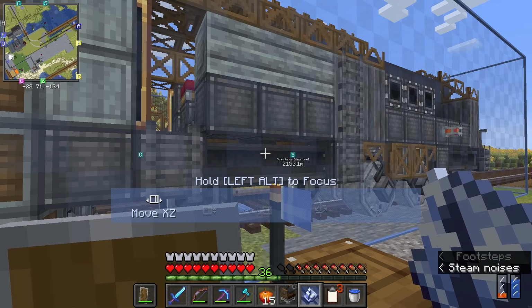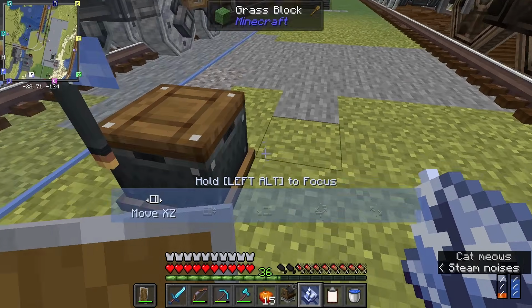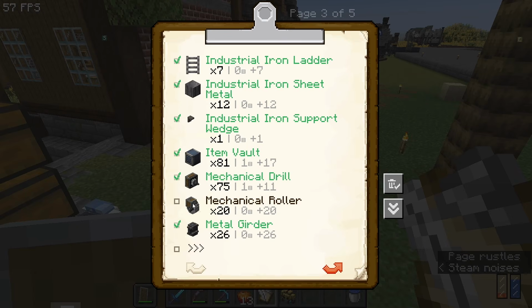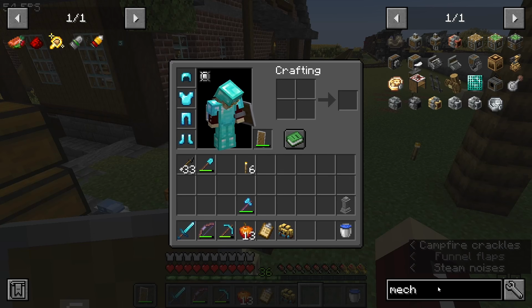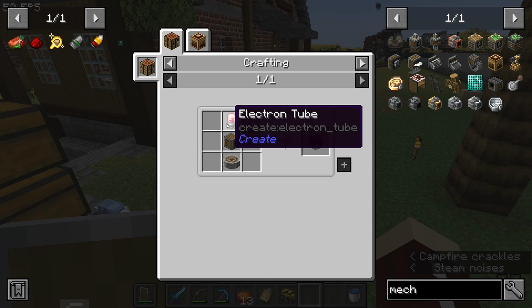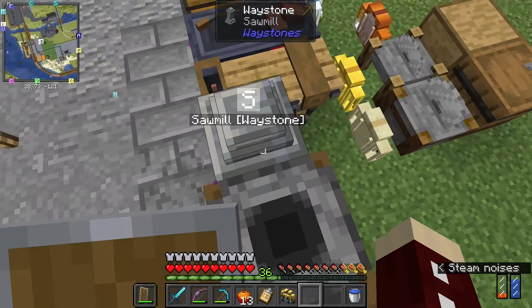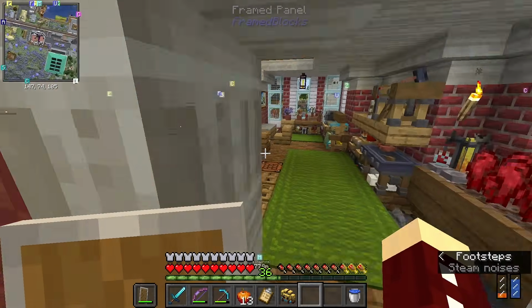Here we go. This shouldn't have anywhere near as many materials as these other things, so it shouldn't be a big deal. I think I spoke too soon because it needs 25 blocks that need electron tubes when each one of those needs 8 redstone. And I don't know how much redstone that is. Let's just say I think it's probably a little bit more than